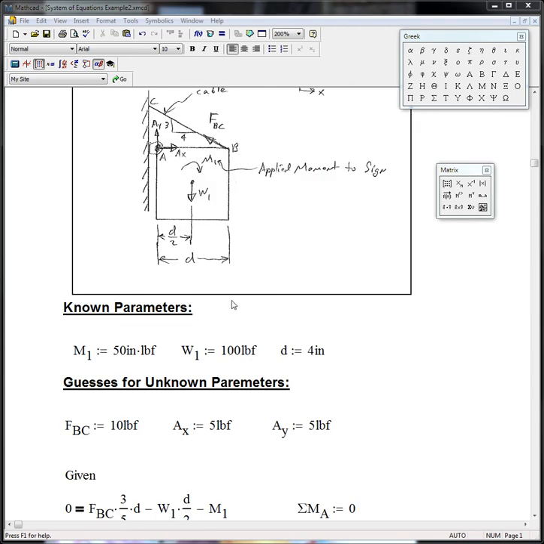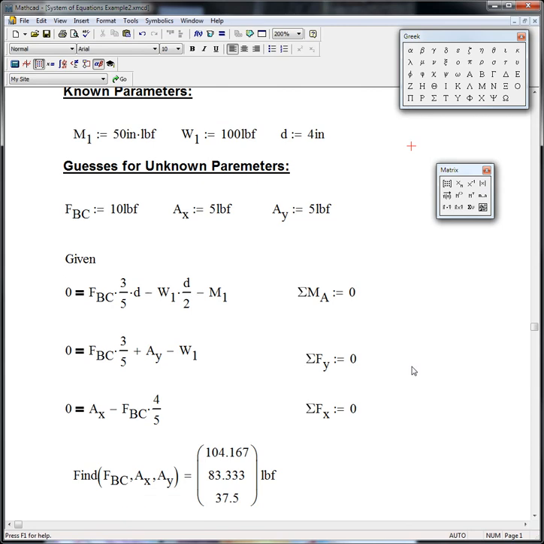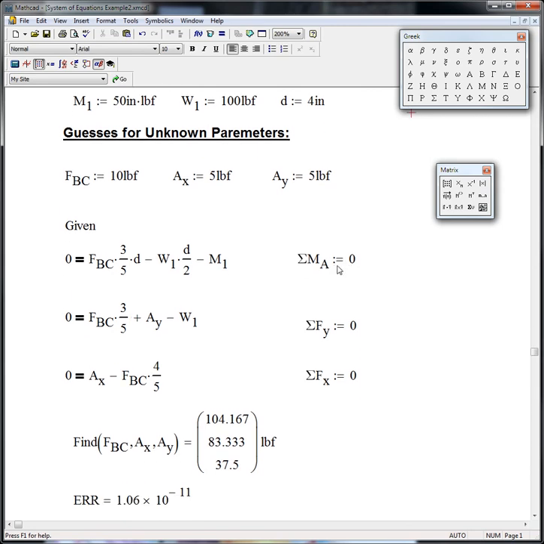So in the previous video, I think I referred to M1 as a force. That's actually an applied moment, not a force. And then I also just, for clarification, added these